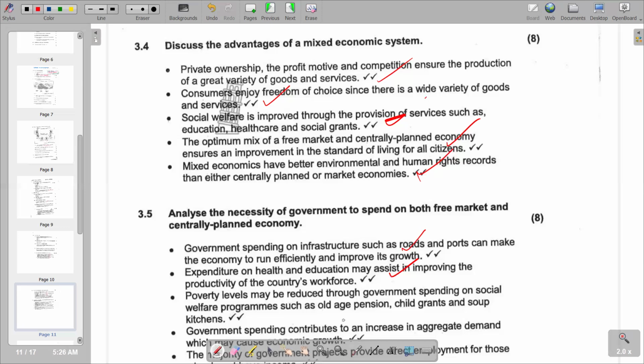Poverty levels may be reduced through government spending on social welfare programs such as old age pensions, child grants, and soup kitchens. So basically, we are saying through government expenditure, that is through transfer of payments, that is the payment of grants, is also going to reduce poverty. So we are going to notice poverty reduction. So basically, that's what we have. Then we'll go to the next point,